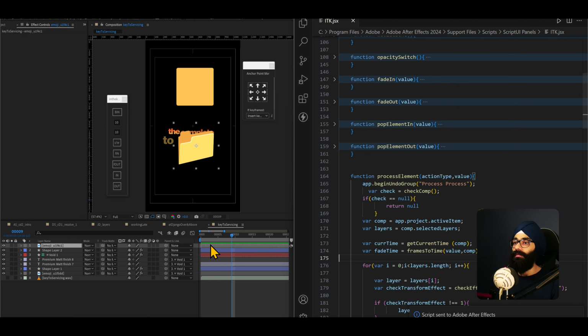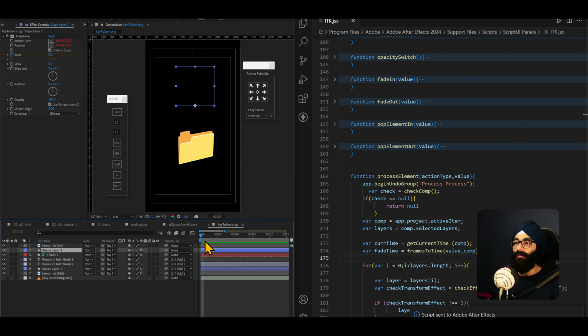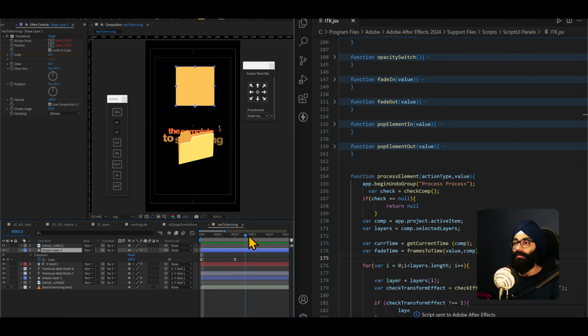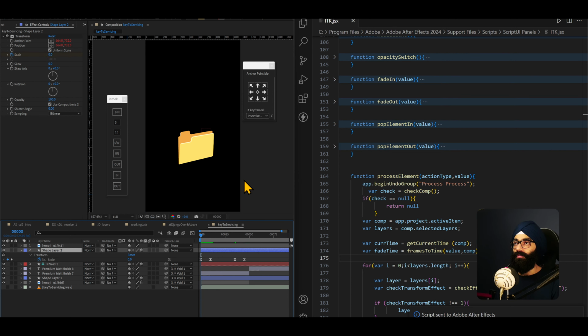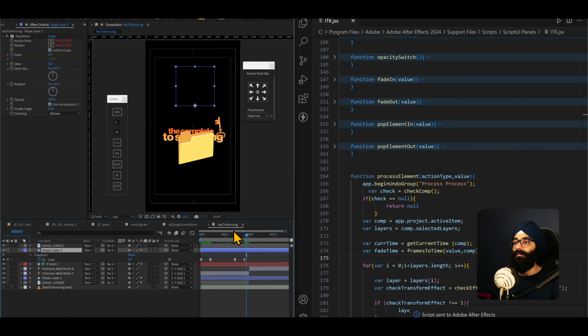One thing I'm yet to do now is the thing that I'm kind of stuck with. What happens is if I have this shape layer, I bring it here, I pop it in, and let's say in like 5 I want to pop it out. Pop out. Okay, wait, we didn't have enough time. I come up until here and then I pop it out. So here when I bring it up, you see that there will be this kind of interpolation in between,